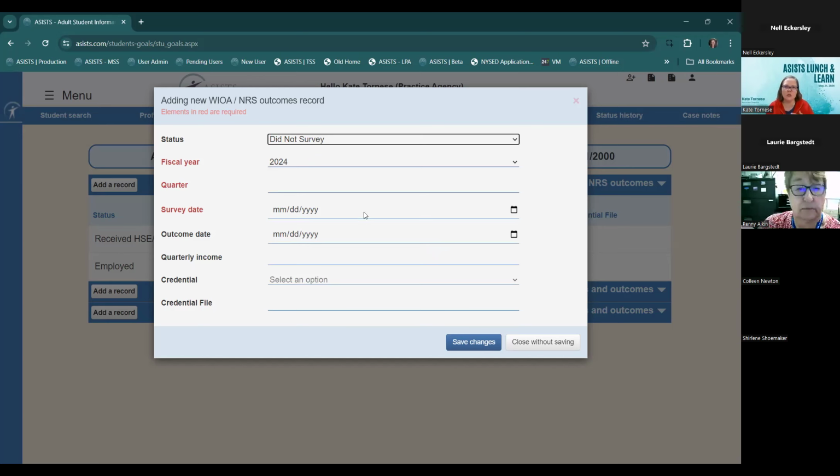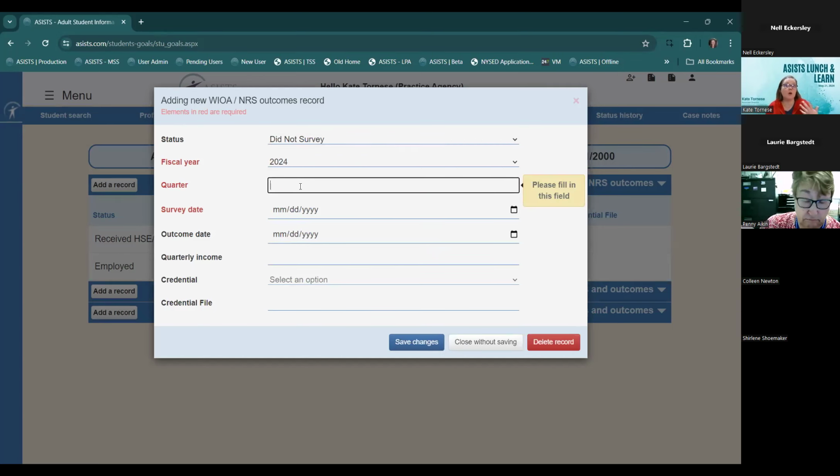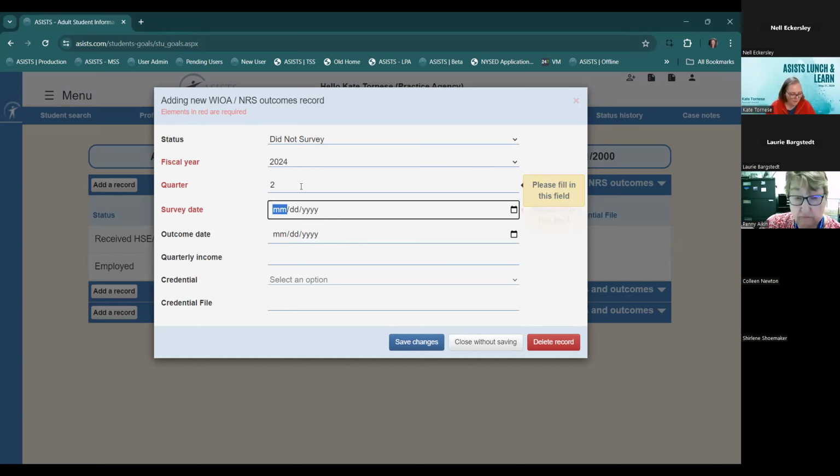And you're going to put in a did not survey for whatever quarter that outcome should have happened in, which we're going to talk a little bit about in a couple of minutes. So whatever quarter after exit that outcome should have happened, and whatever day you decide to call it quits and say, I'm not spending any more time on this, that's for an unresponsive person. If you have somebody who's unwilling to answer,